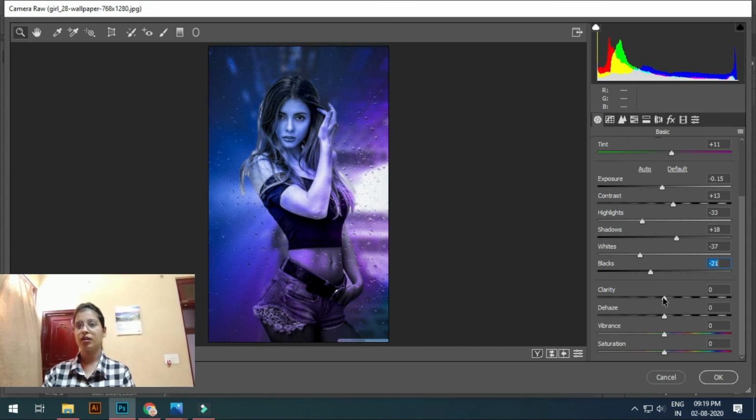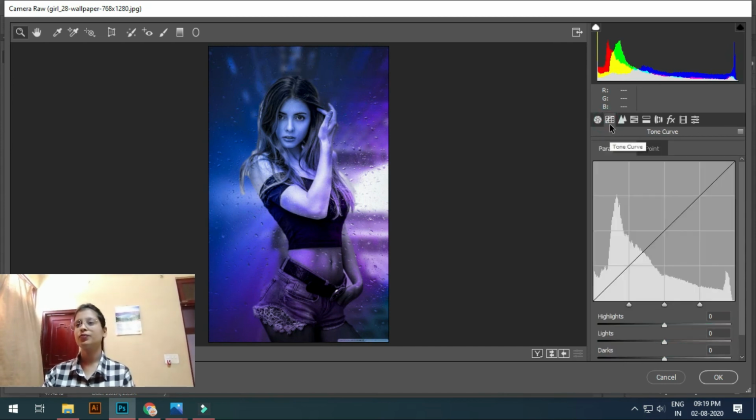Okay, little black. Clarity, you can see the softening of the image and the highlights of the image, so we are going to minus it for the clarity, not too much. Okay, dehaze for darkening and lightening, little bit.